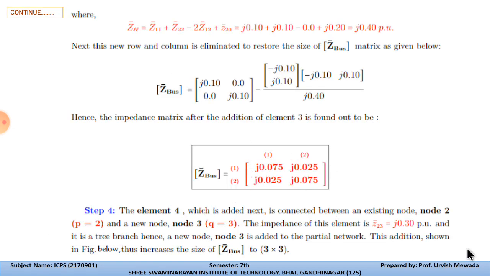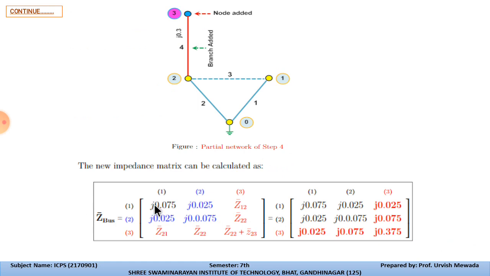By placing this one, now this is the Z12 Z13. So Z13 is the impedance of the 1 to 2. So here we put the value of Z12, then here Z21, Z22, and this will be Z22, and this is the addition of this two, Z22 and Z23,